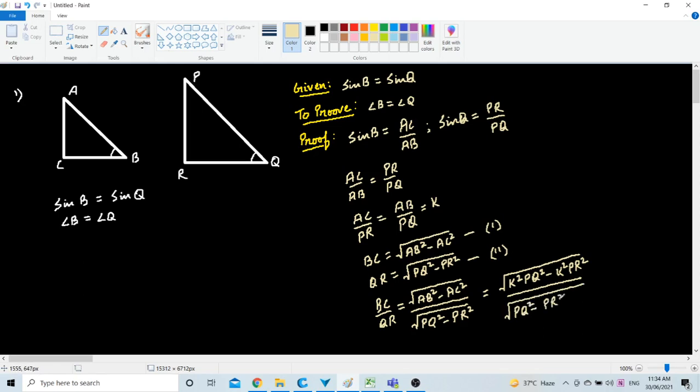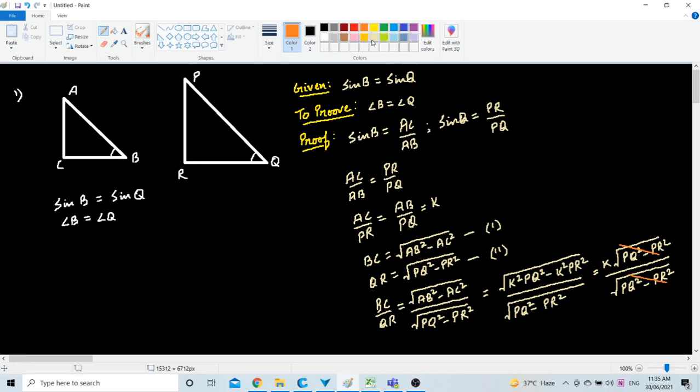Now we can take K square as common, so it can be taken out as K from this square root, and here we have under root PQ square minus PR square upon under root PQ square minus PR square. Fine. Now you can cancel both of them,